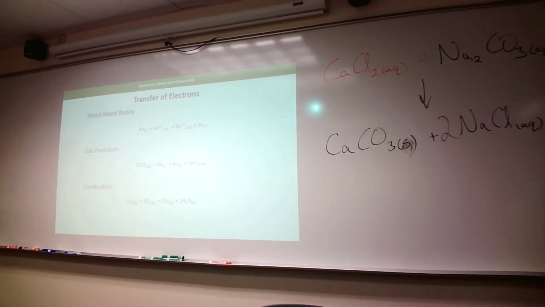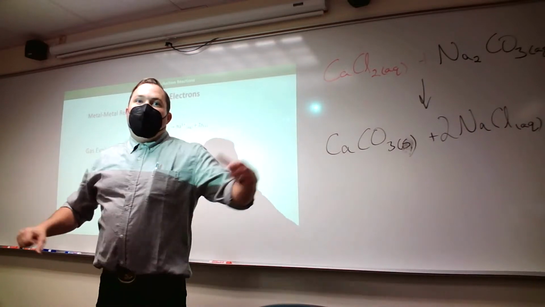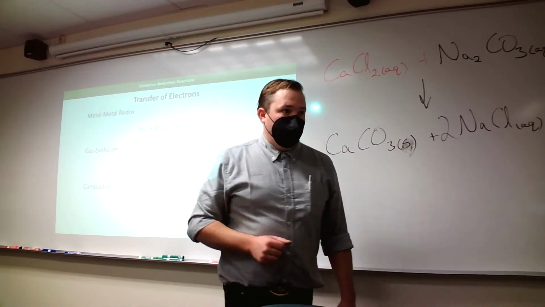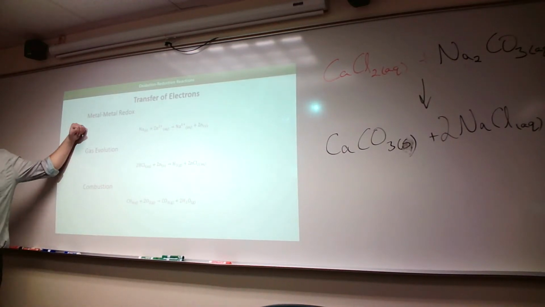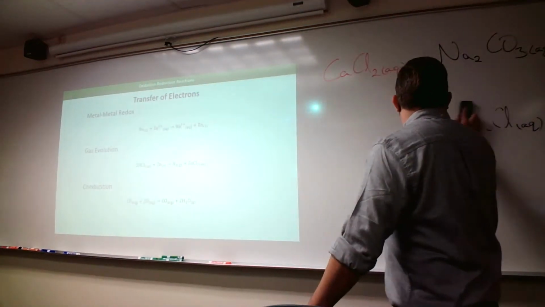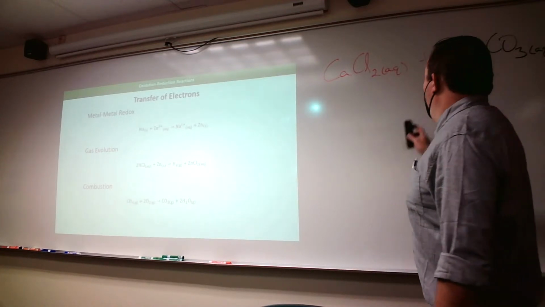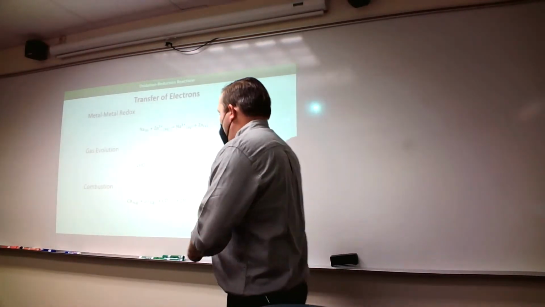All right. Redox reactions is going to be our category of basically everything else. Anytime you can look at something and say that atom changed charges from one side to the other, it's going to be a redox reaction. The most obvious ones are when you just have metal ions. Or even if they're not written as purely as ions, where you can look at it and say, okay, well, I started with a metal and now I've got an ionic compound with that metal. So, for instance, if we had something like